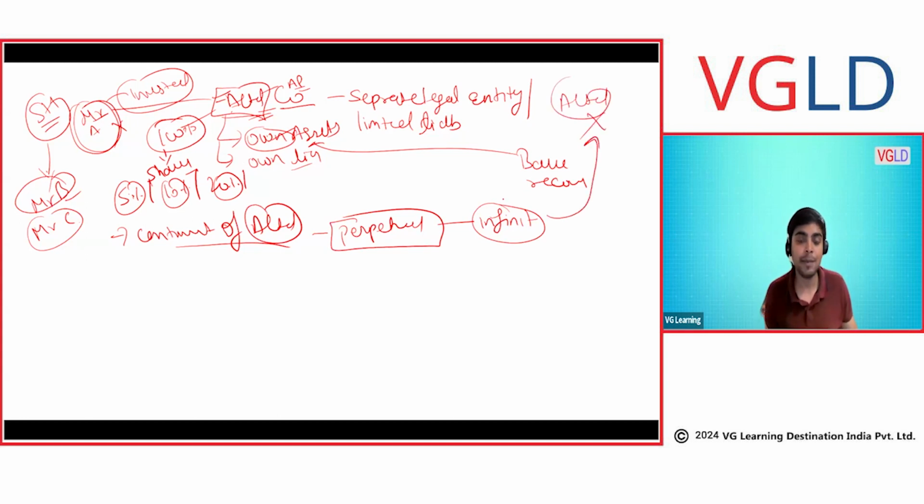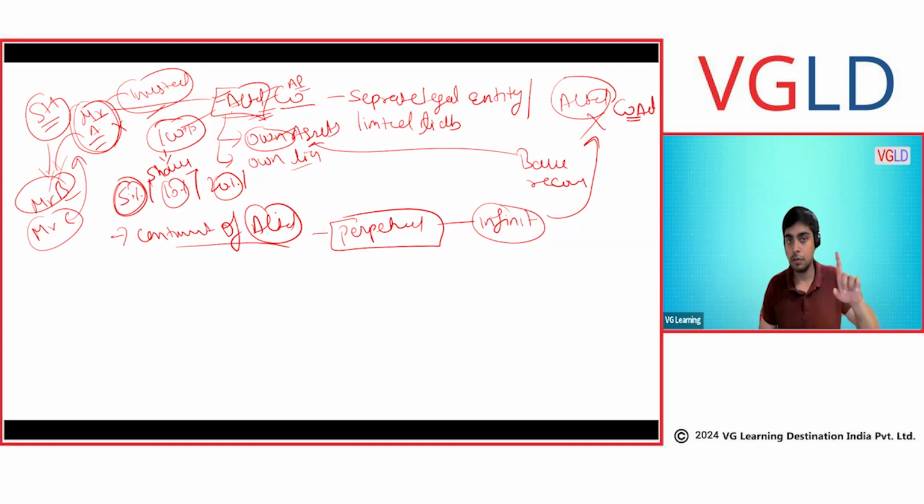So as long as you don't close A Limited, it will continue, irrespective of its owner. If Mr. A dies, A Limited will continue, though it will not have any shareholder. In that case, you need to do some formalities as per the Companies Act, and A Limited will be continued from a process. It cannot be discontinued or ceased just because Mr. A died, or Mr. A transferred his shares to somebody, or Mr. A asks somebody to join as his shareholder, and you can transfer shares in any number of ways.